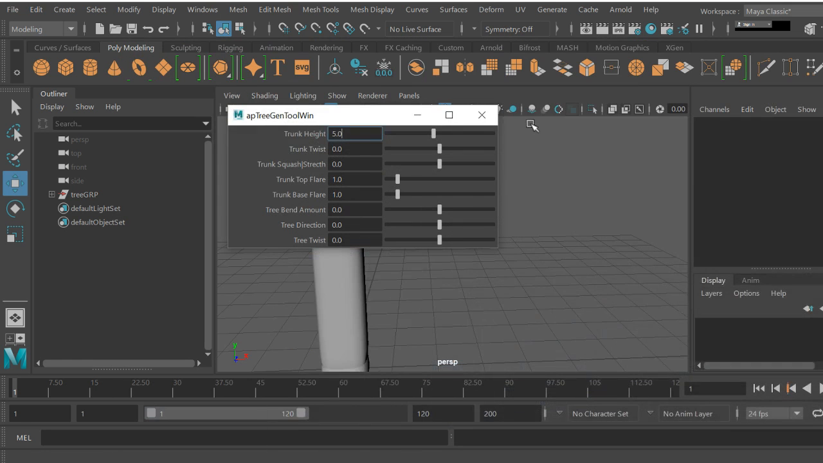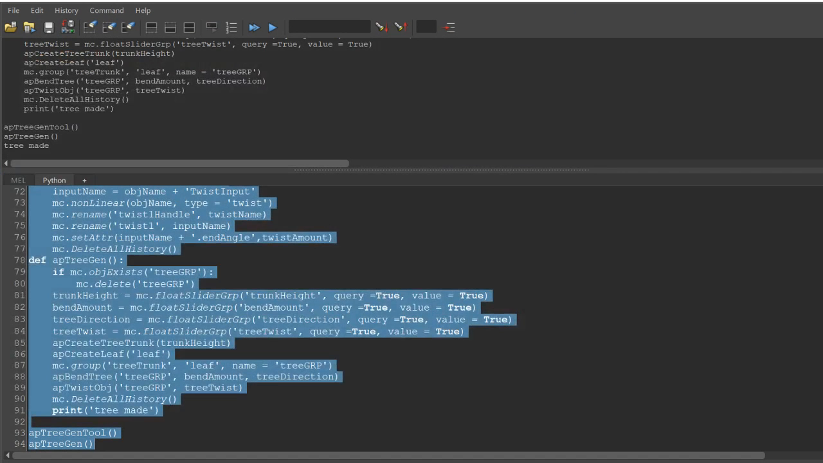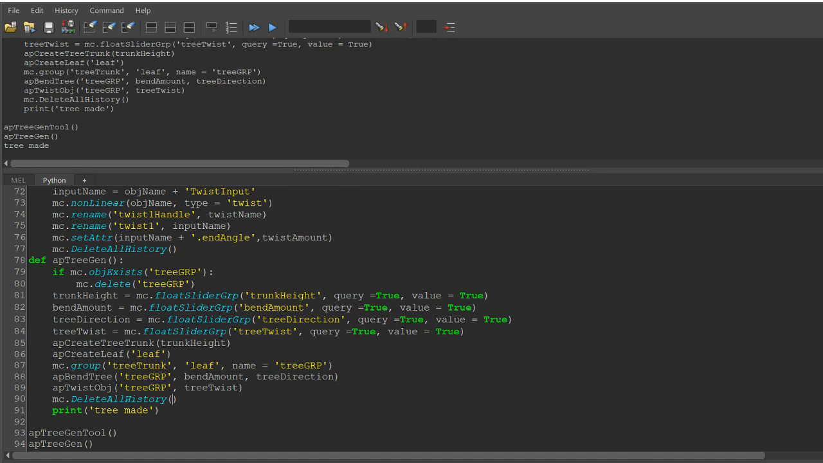Let's make sure that it got grouped. Yeah, that way when we go through each time it runs it, we're going to have to change this eventually, but we can delete it each time, because right now here it checks if the tree group exists, but eventually we're going to